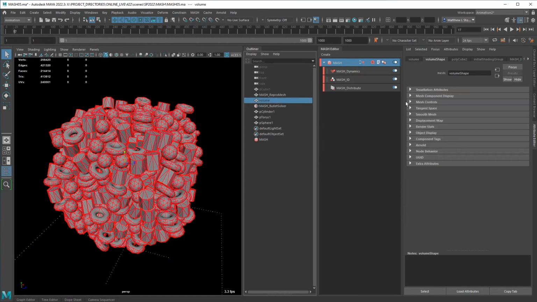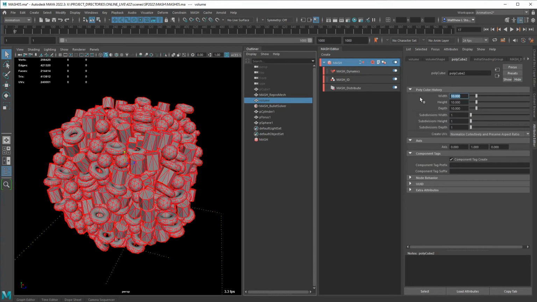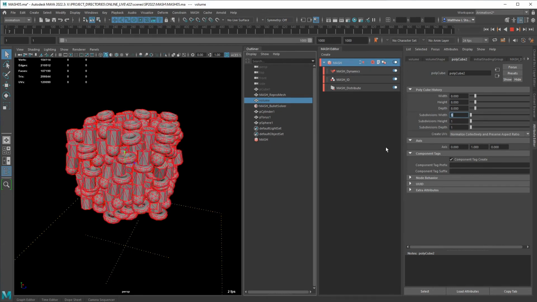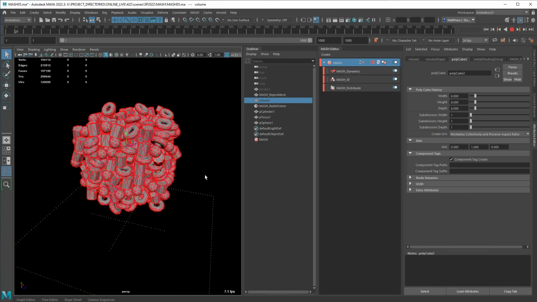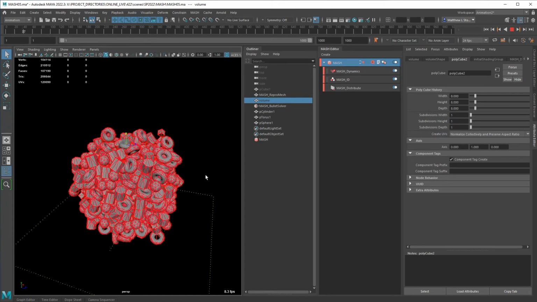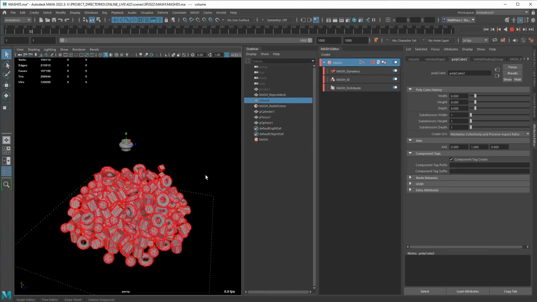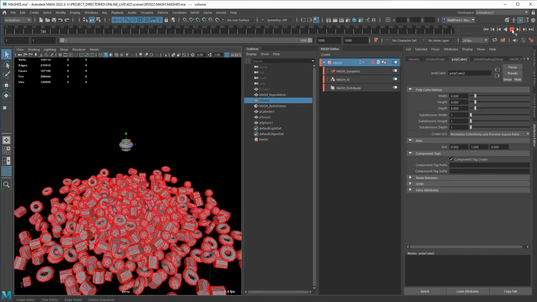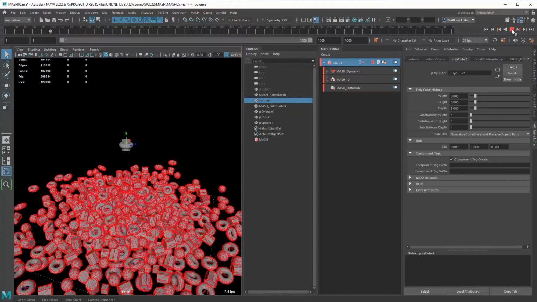Actually, let's just shrink that down a little bit. So let's change our volume to be a little smaller, maybe 8 by 8 by 8. They'll blow apart. It's calculating a little bit faster. You're going to experience a little bit slower calculation. I am too. There we go. Now we got a nice pile just spreading out. Okay, and they're slipping and sliding